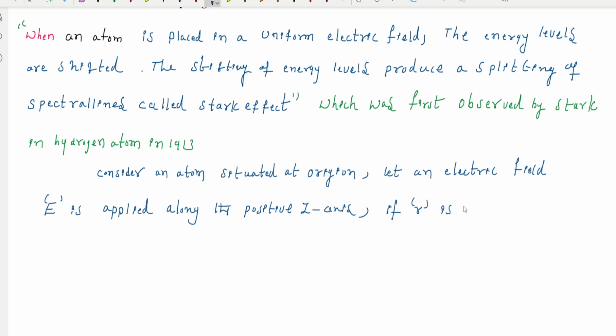If R is the position vector of the electron,